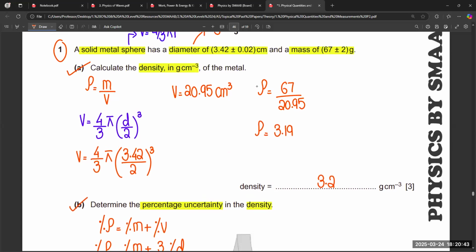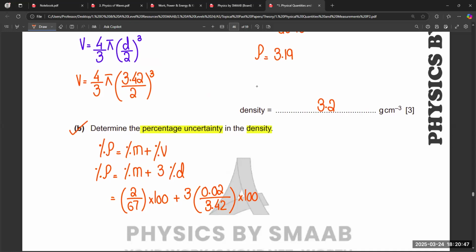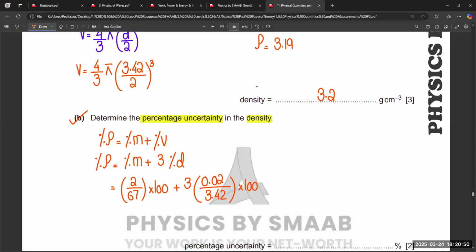Because 3.42 is the original value of the diameter, and 0.02 is the uncertainty value of the diameter, multiplied by 3 times because we have to convert into the volume. So 2 divided by 67 multiplied by 100 plus 3 into 0.02 divided by 3.42 multiplied by 100,